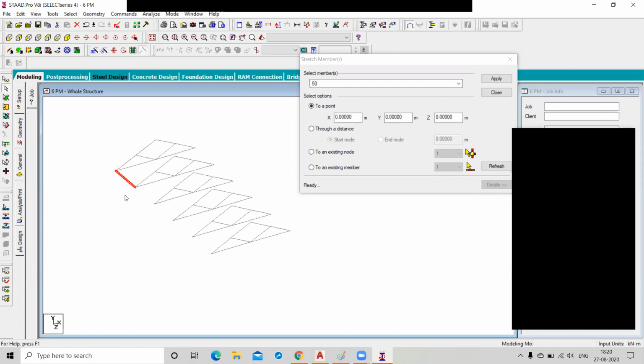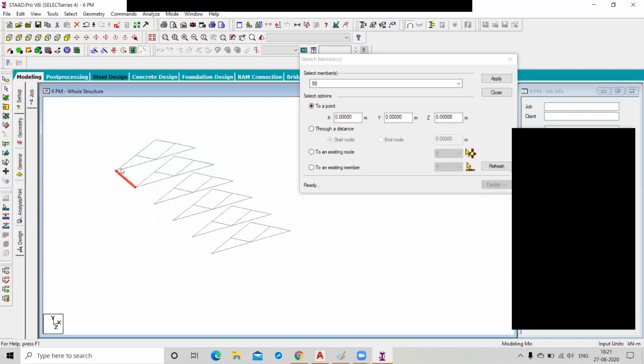Specify any distance. Or in which direction are we going to stretch this? Negative z direction or positive z direction? Positive, because this member is created on the x-axis.